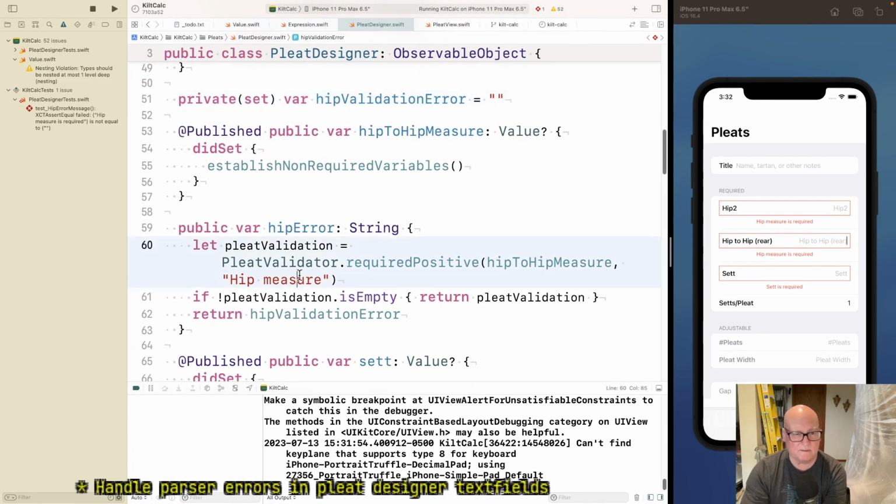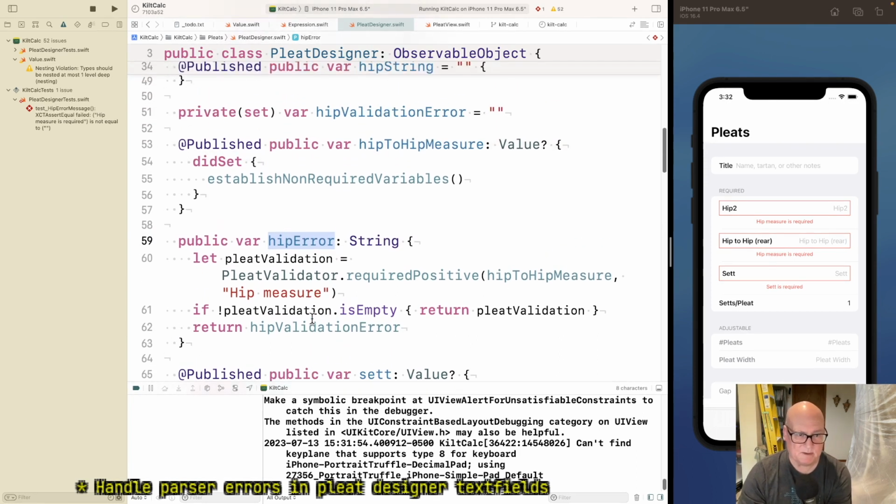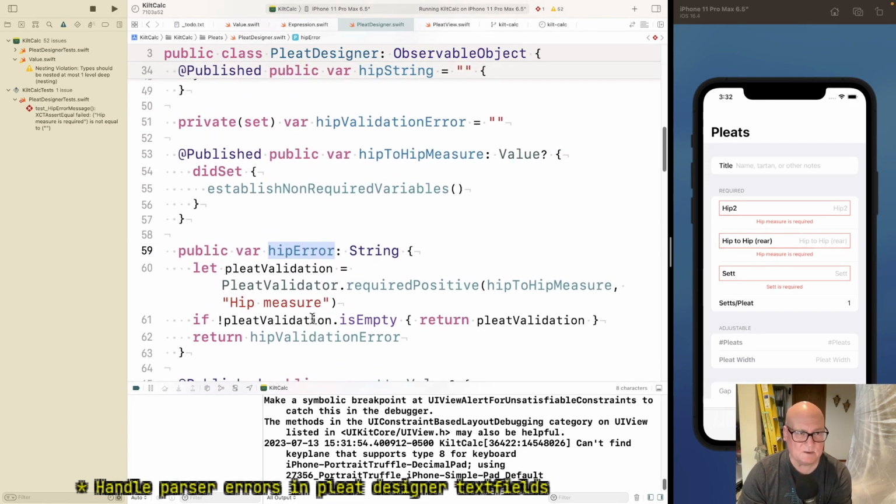Hip error, if you come in with empty string, well, I guess the thing is we don't have a way to get hip error shown before things started. Okay. Well, I'm going to stop here. I'll leave us a note in the to-do to try and make me know what to do on Monday.